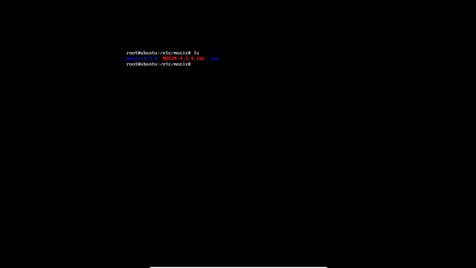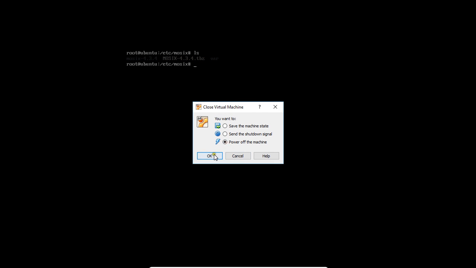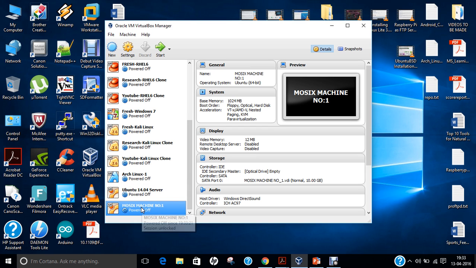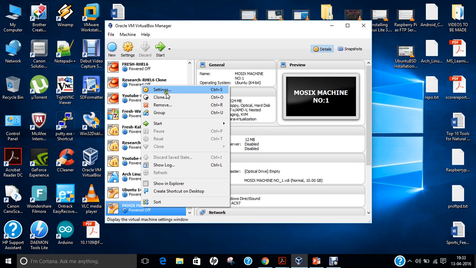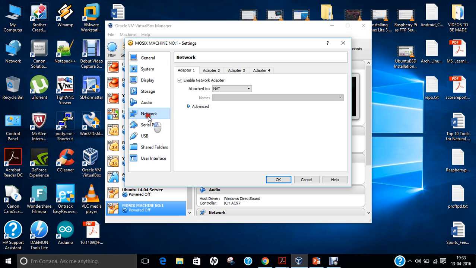Okay, so the next part is to give the network settings. So what I have to do is to power off this machine, and we have to change the settings of this machine. So I come to this close button and power off the machine. Now right click the machine, go to settings, now go to network. Now change the enable adapter that is attached to NAT to internal network. From this point, we don't require any internet connection on this machine. So we will be making our own private machines. So press OK